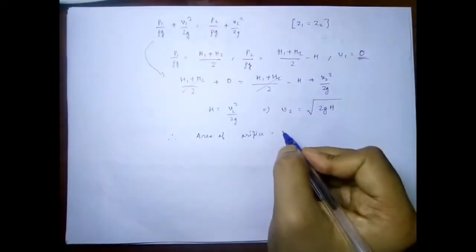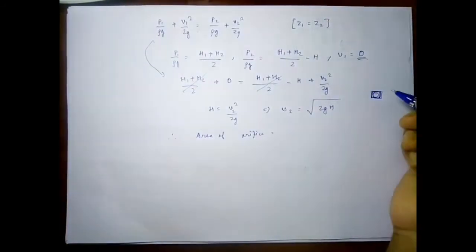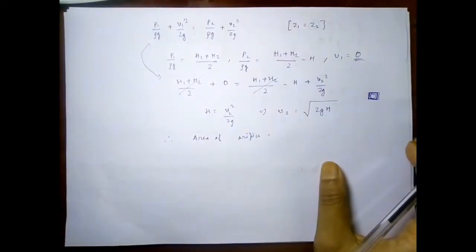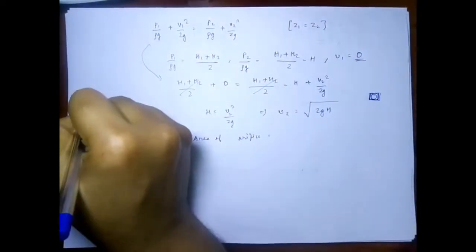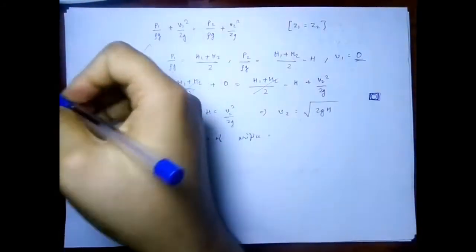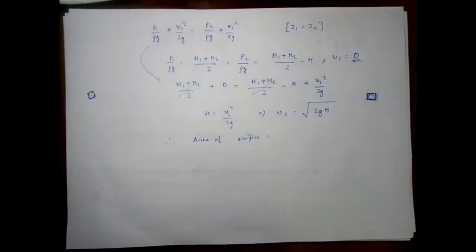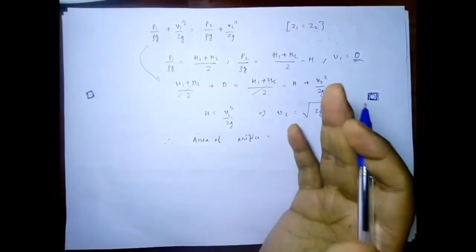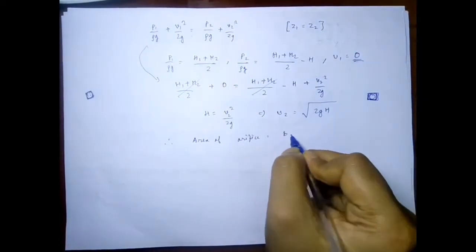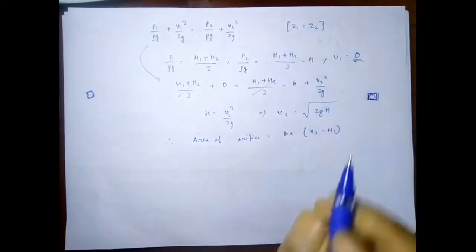and because a rectangle has an area larger than a circle, if I consider it as rectangular, I can consider that it is almost similar to the circle. An orifice is a very small opening, so there will be a very negligible difference between the area of that particular circle or the square. So let's just consider it to be square, and it won't bother us about the shape. Therefore B into H2 minus H1 is the area of the orifice.